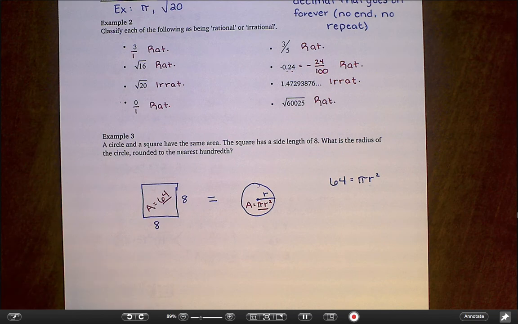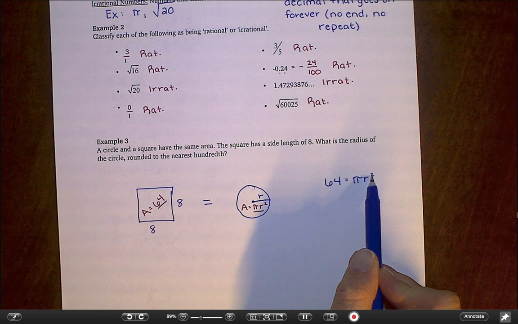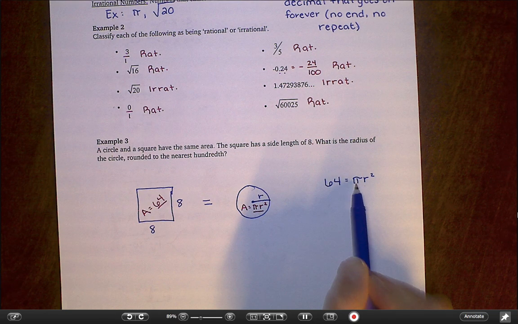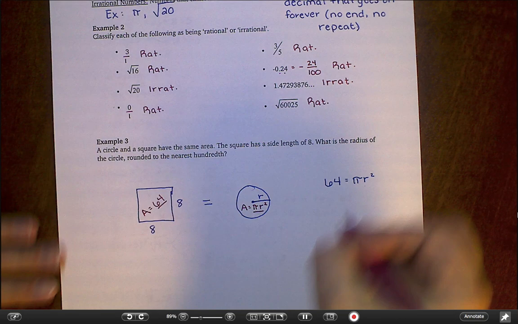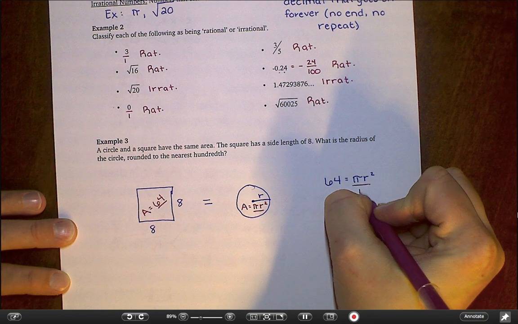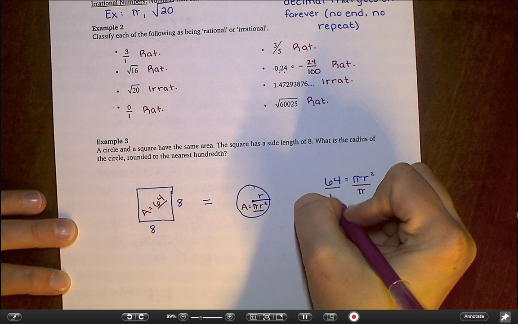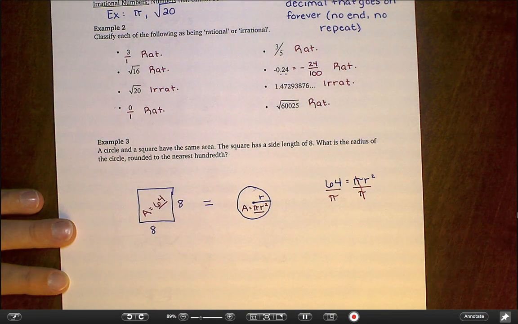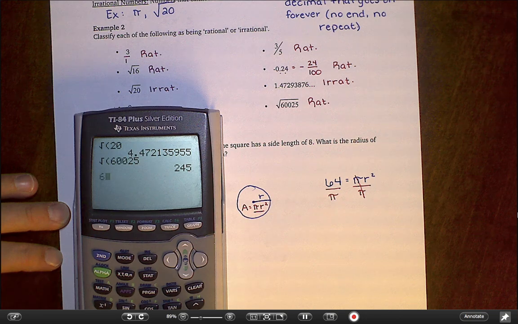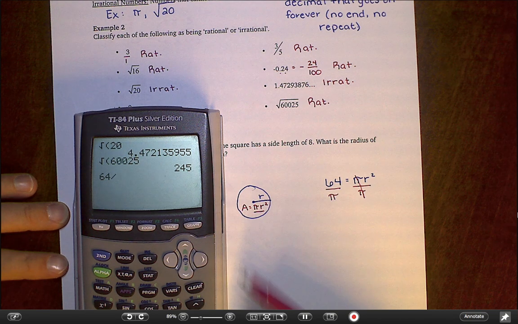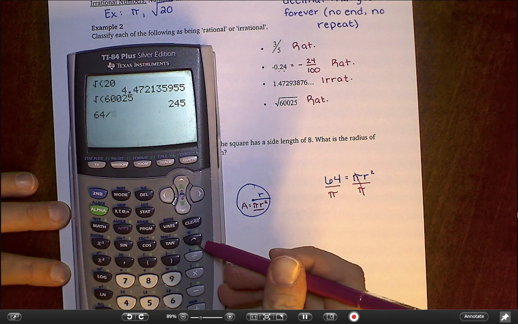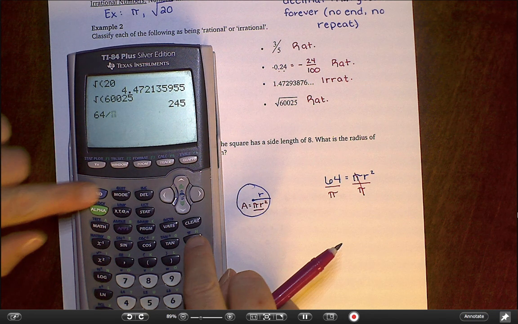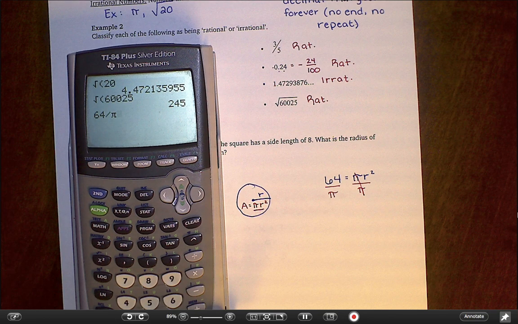Remember SADMAP here. I don't want to jump in and start taking square roots of things, right? Because I have to get rid of this multiplier first. And pi is really just a number. It's an irrational number, but I can work with it the same way I work with everything else. So before I do anything, I have to divide by pi. I'm going to have to use my calculator for that, and it's going to come out ugly, and that's okay. So 64 divided by, if you're new to these calculators, the pi button is right here. It's above that little caret key that you use for exponents. So second pi, 64 divided by pi is